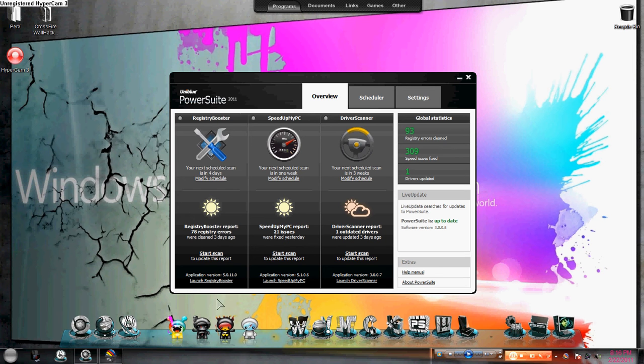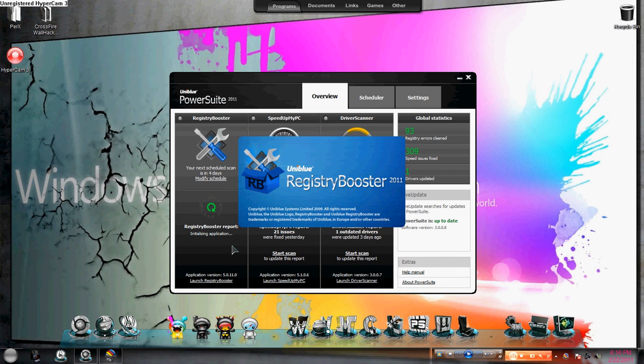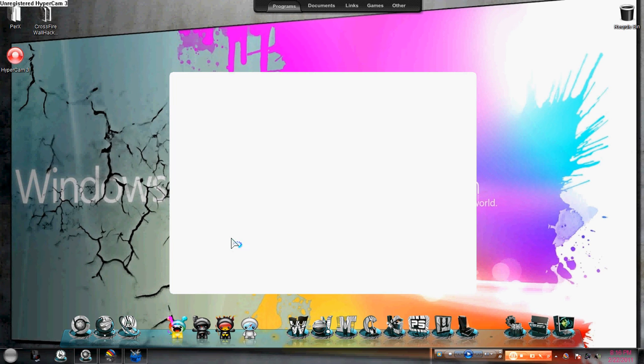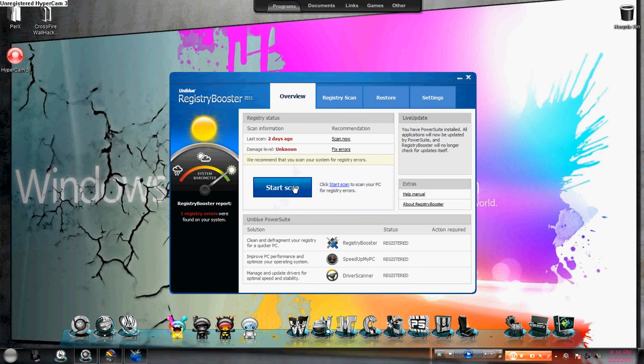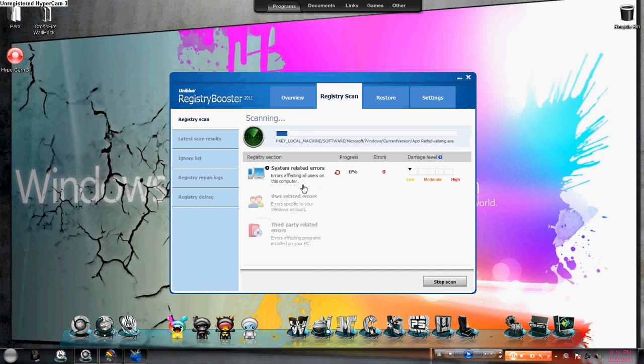The Registry Booster is very useful for your computer because its function is to scan your PC for errors and automatically delete them. When you click scan, it will scan your computer for system related errors, user related errors, and third party related errors. When it is finished, you can just delete those errors to maximize your computer performance. I'll just stop the scanning,